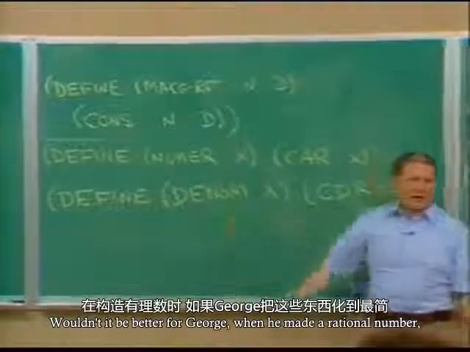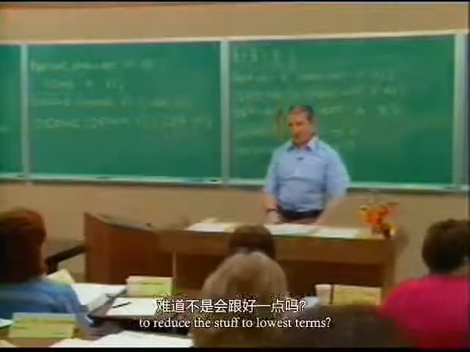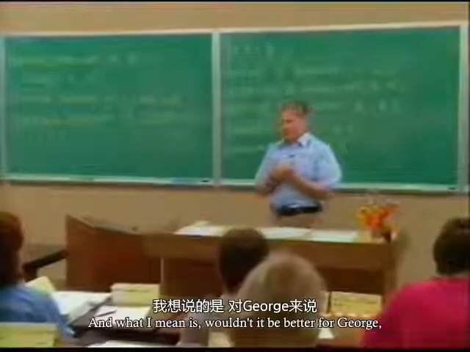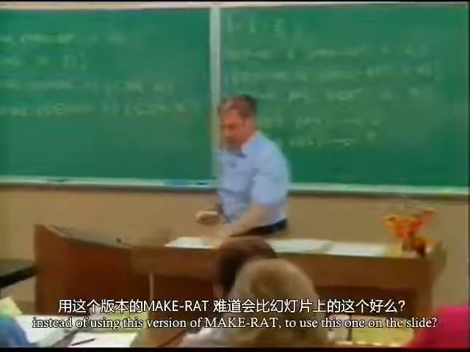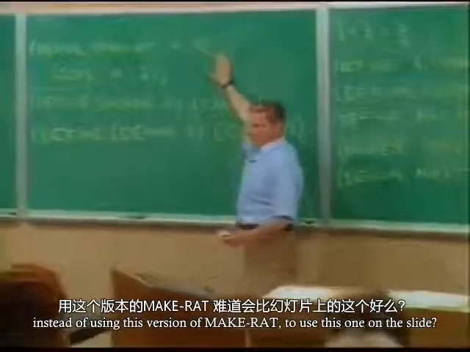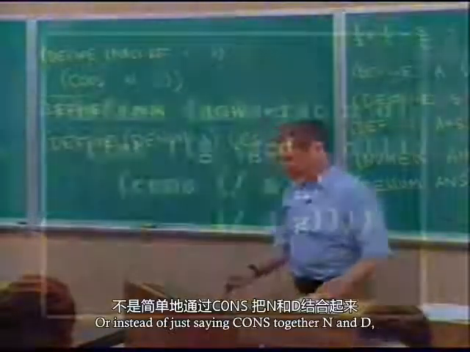Wouldn't it be better for George, when he made a rational number, to reduce the stuff to lowest terms? What I mean is, wouldn't it be better for George, instead of using this version of make-rat, to use this one on the slide,